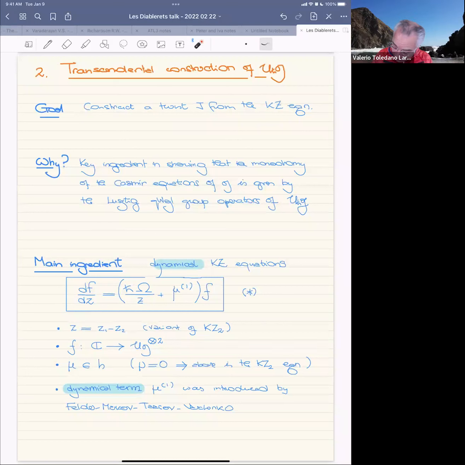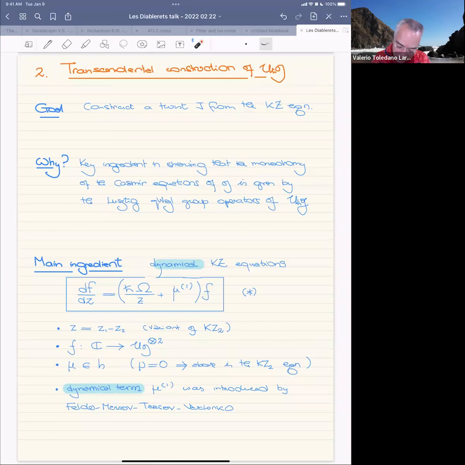So where was I? Yes, I was saying that what I want to explain is how to construct a twist or a tensor structure, but staying within the realm of KZ equations. And you might say, why do you want to do that? Because what I'm going to explain now only works over the complex numbers and only works for the KZ associator. I can't do anything over Q, and I certainly can't do anything with an arbitrary associator. So one is a kind of stylistic motivation. You want to stay with the KZ equations throughout.